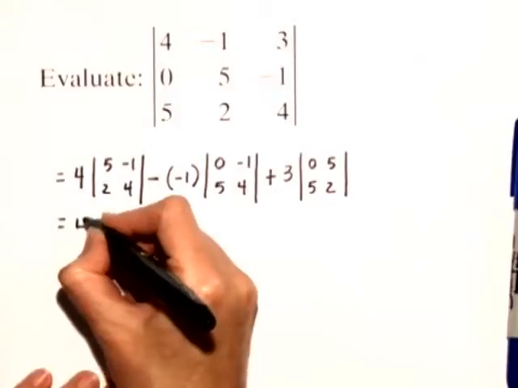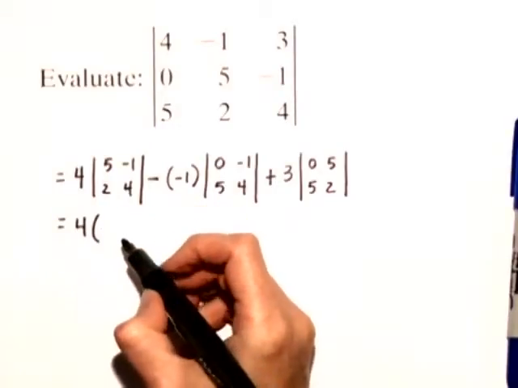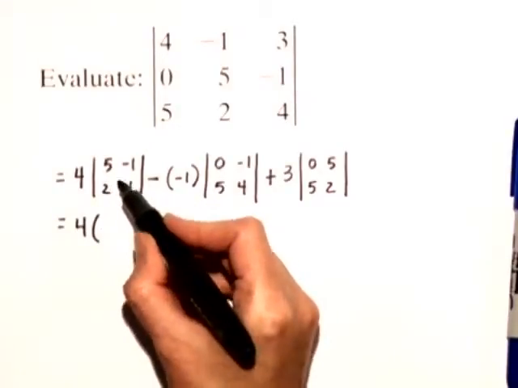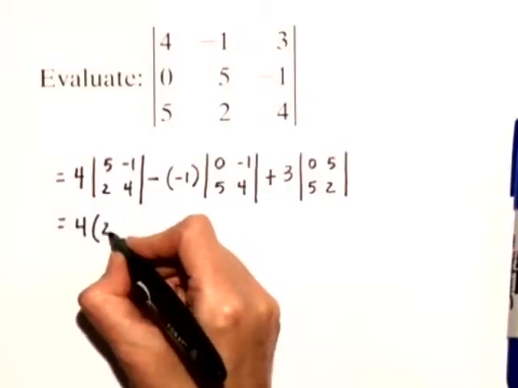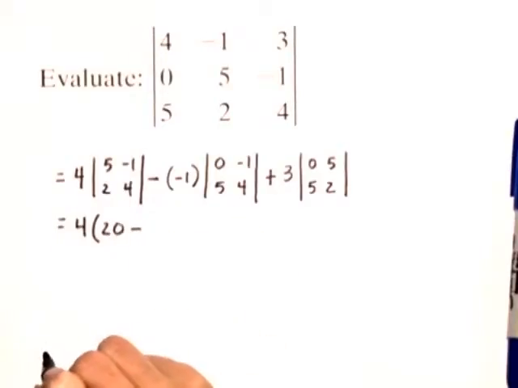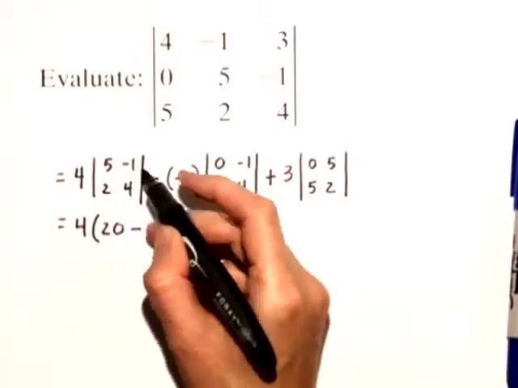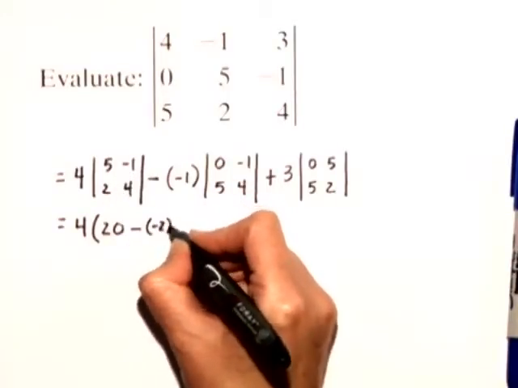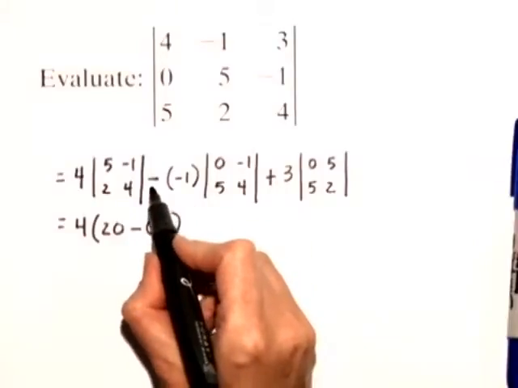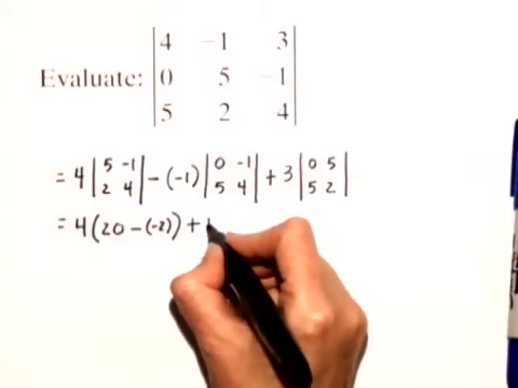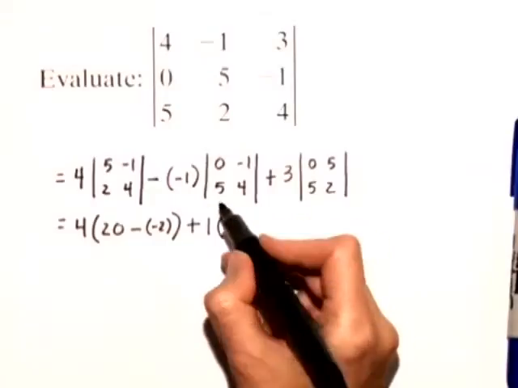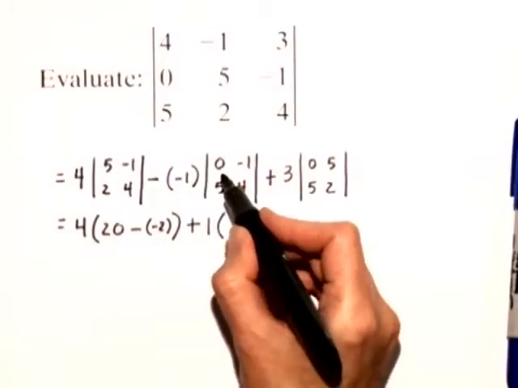So we have 4 times. Remember, for a 2 by 2 determinant, you multiply along the main diagonal. 5 times 4 is 20, and we subtract whatever we get when we multiply along the other diagonal. 2 times -1 is -2. Now I have minus -1, which is +1, times,